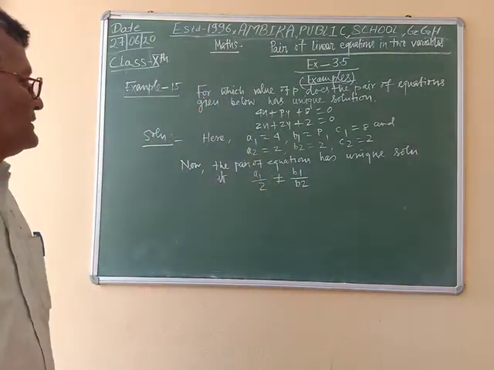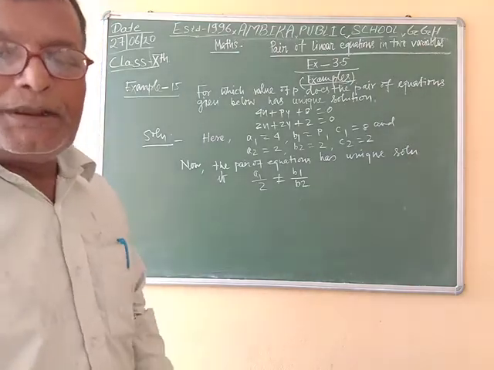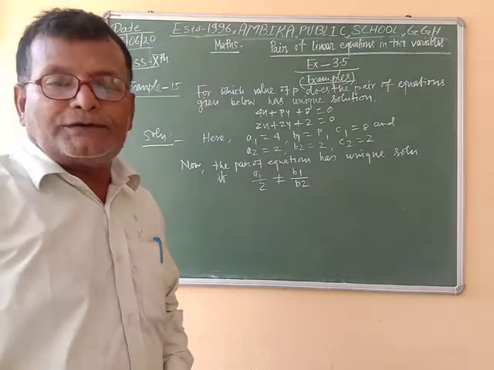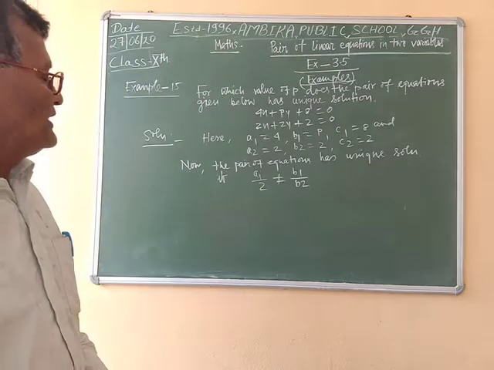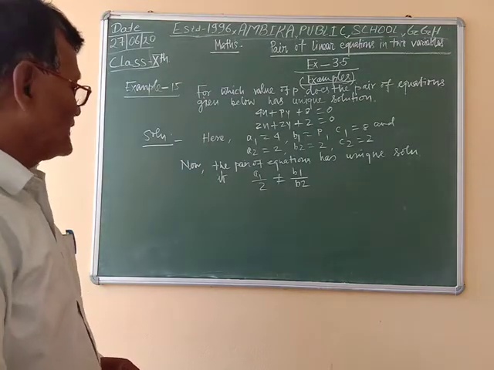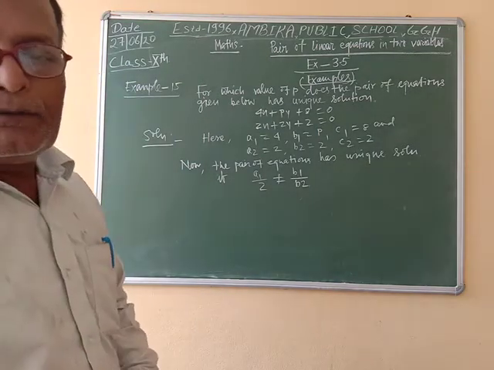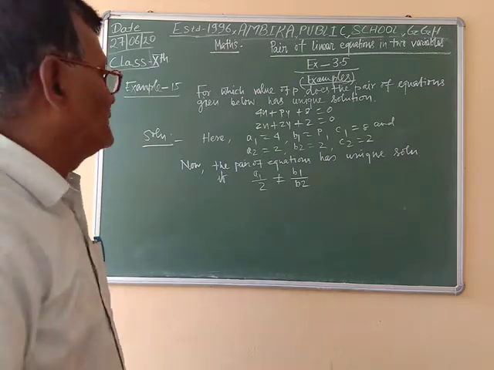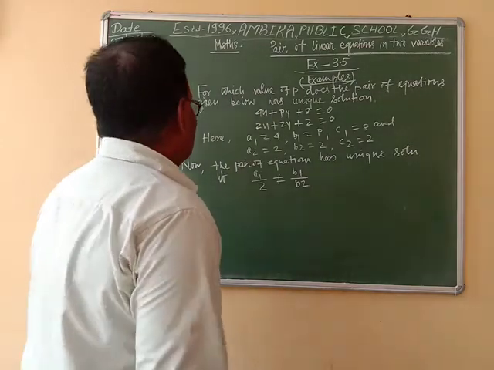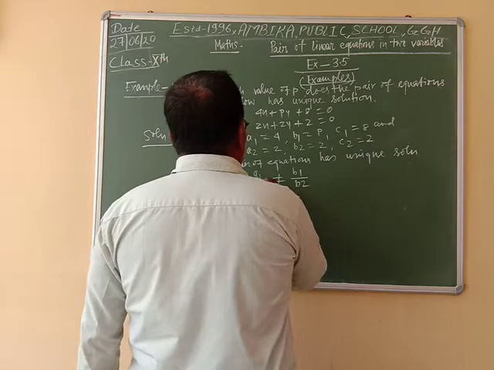We have learnt if a1 by a2 is not equal to b1 by b2, then the equation has the unique solution. Now putting the value of a1, a2 and b1, b2,